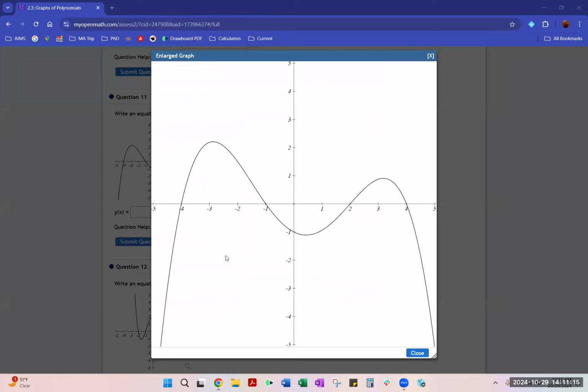So basically, you can see how this graph has two hills and one valley, right? So basically, it has a total of 3 hills and valleys. So that actually tells us the degree of our polynomial is going to be 1 more than the number of hills and valleys you have. So that actually tells us the degree of our